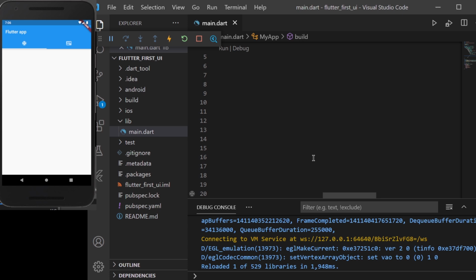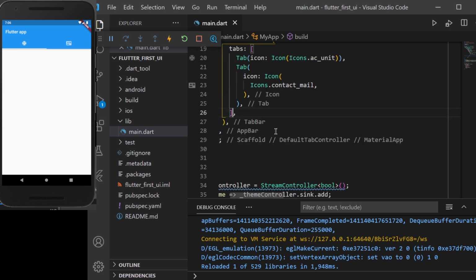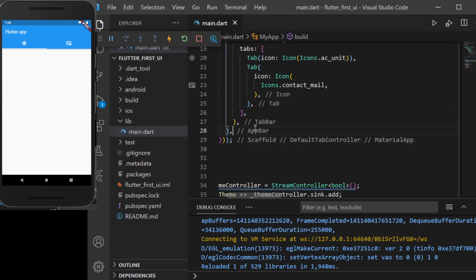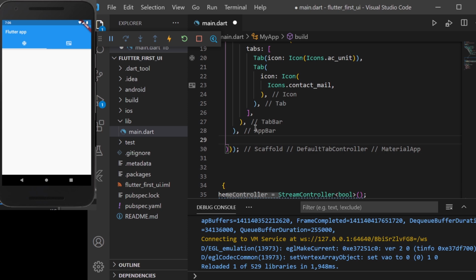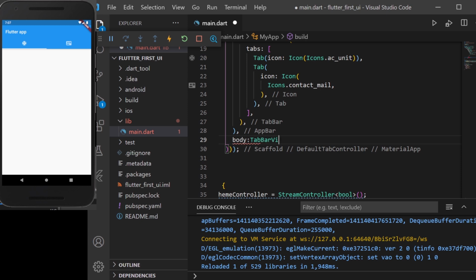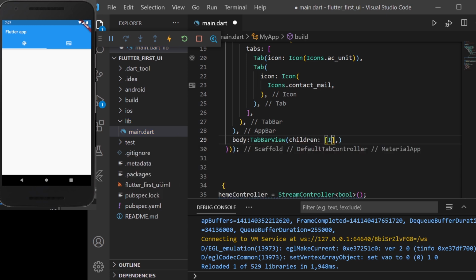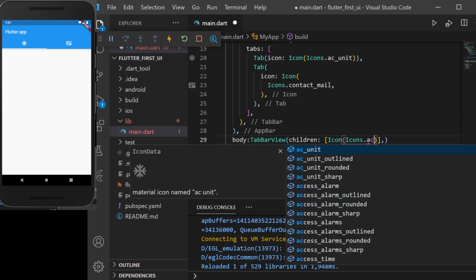So you can see that the two tabs have been displayed inside the app bar. These two tabs are the things which we'll be working with. Now we'll be working on the body part of our application. In the body, the first thing which we have is a tab bar view. This is basically for displaying the children which will show when we select one of the particular tabs from the top.